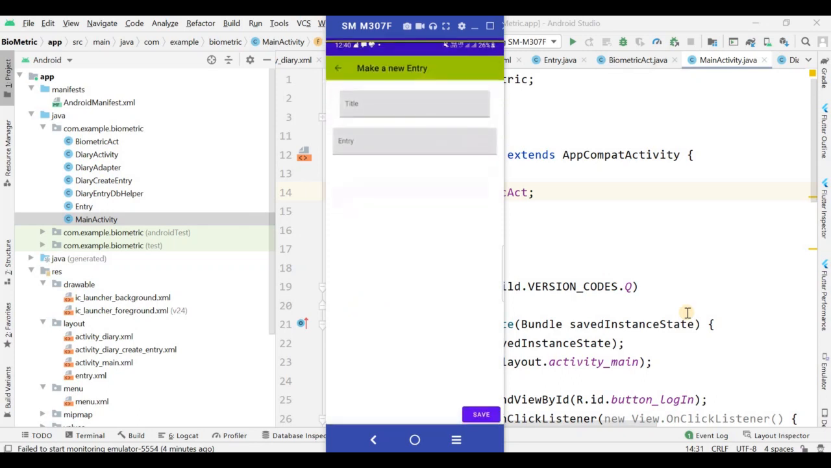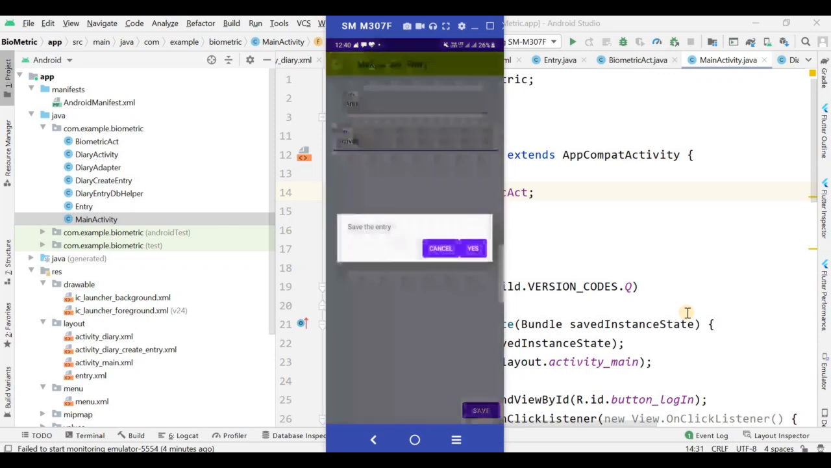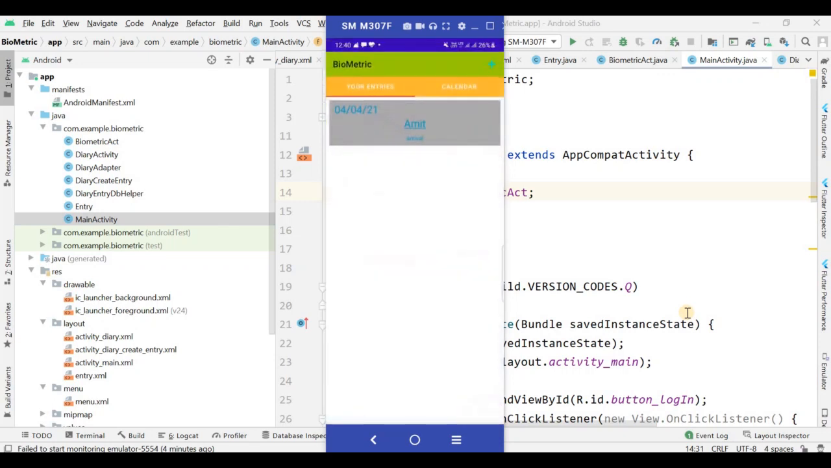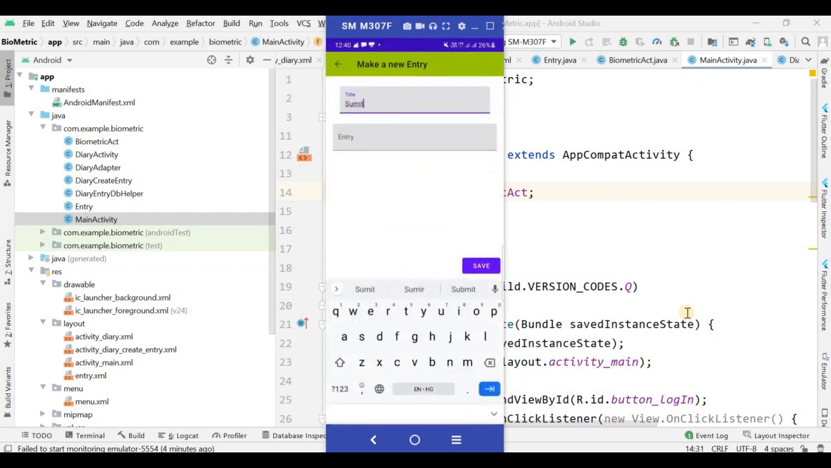Now you will be able to see this. Okay, so this was the demo, and if you are coming again, then you can add multiple entries also. Like I'm making another entry with a different name. Okay, giving that left, save it. Okay, then this is the calendar, and now